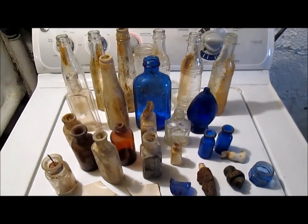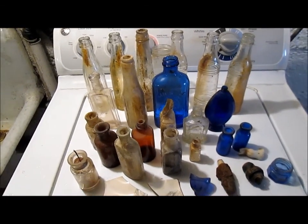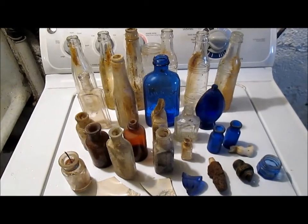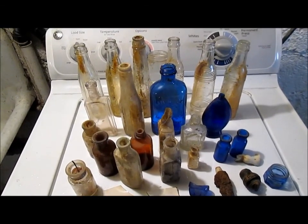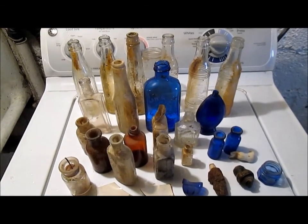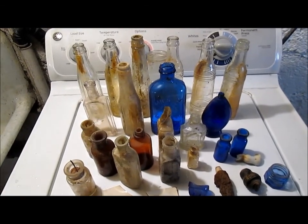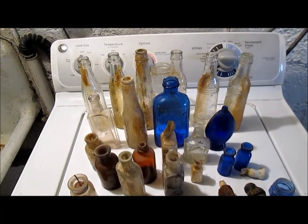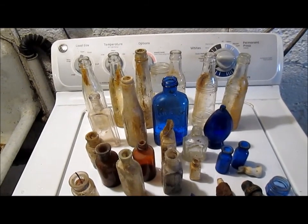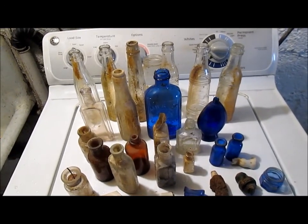Here's all the bottles I dug out from outhouses in my backyard on Lippincott Avenue in Mapleshade, New Jersey. The bottles, at least, that didn't get broken up by the shovel, and the outhouse holes that also contained a lot of broken glass. I must have taken a whole trash can, level trash can of broken glass out of that backyard,